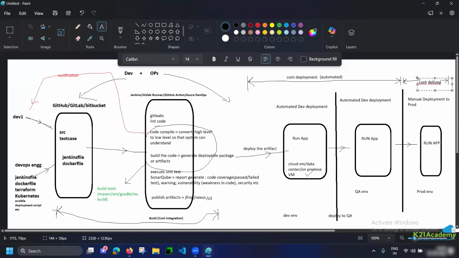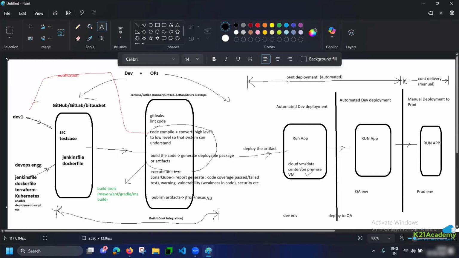So this particular term, continuous delivery, means that if your process is manual, if there is any approval or any manual trigger, then we can call this process continuous delivery. So now we have continuous integration, and we can have continuous deployment. In most of the organizations, if I talk about product-based organizations, be it Amazon or any banks,